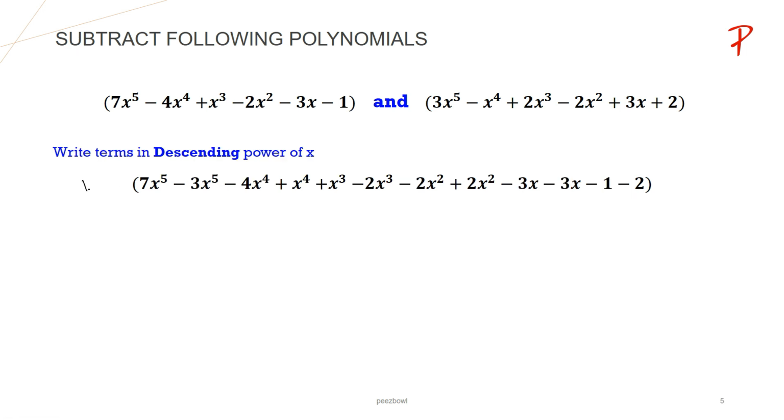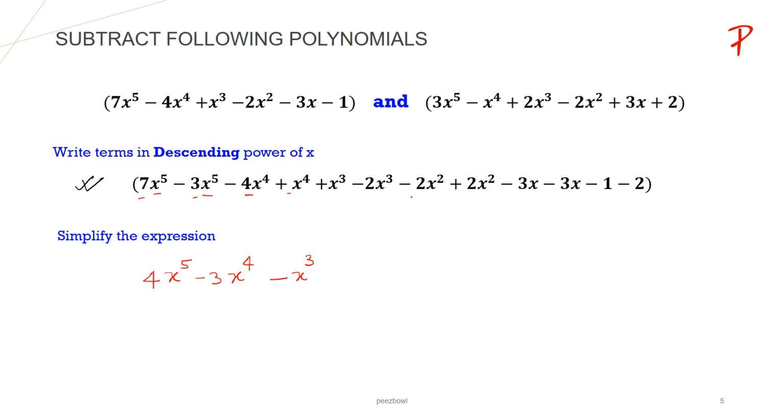Okay, so this is what we have seen so far. I have written all the terms in descending power of x. Now what we need to do, we need to simplify these polynomials to get the result. Okay, x to the power 5 I will write as it is, and constants plus 7 minus 3 is plus 4, 4x to the power 5. 4x to the power 4 I will write it as it is, minus 4 plus 1 is minus 3, right? For x cube I will write x cube first. After that I will work on constants. Here we have plus 1 minus 2 is minus 1, that is